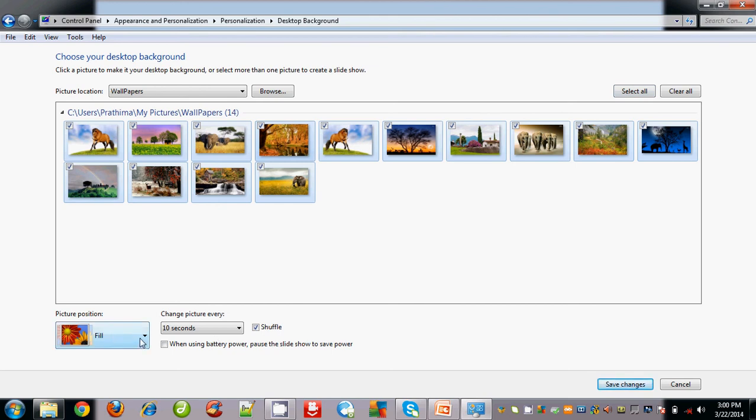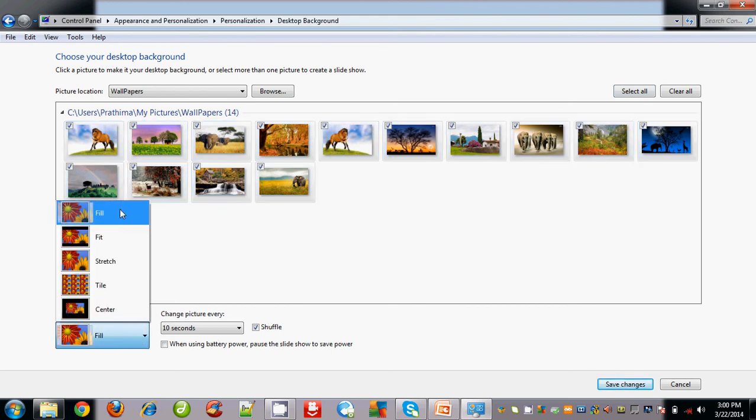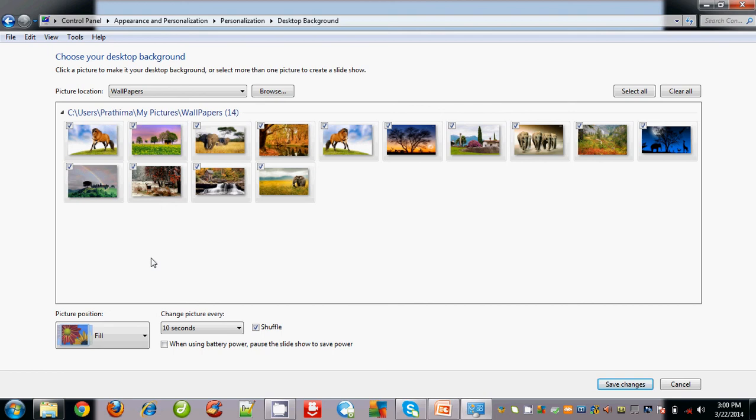Now picture position, select fill, because in case the image is very small, this picture position will automatically make that small image to a bigger version which will fit the entire screen of the screensaver.